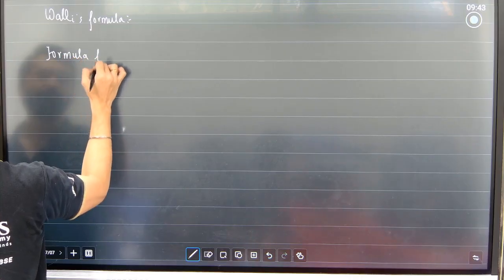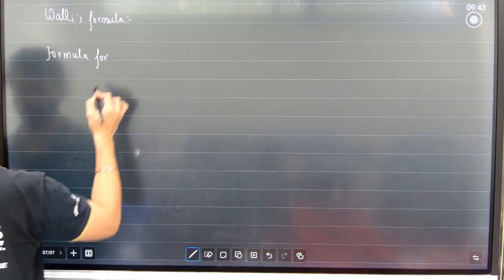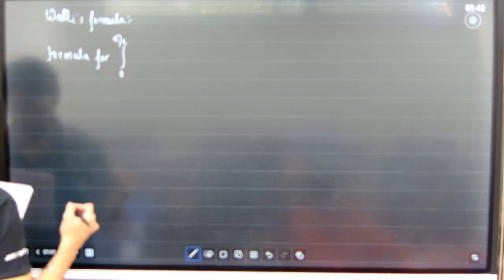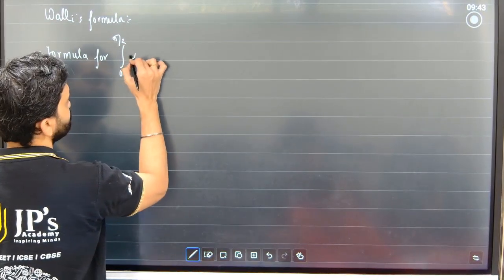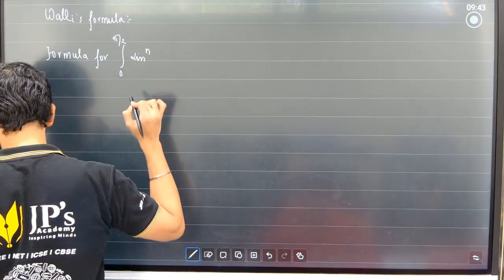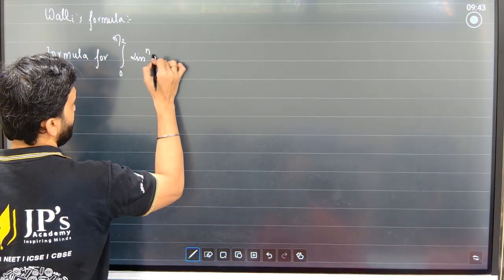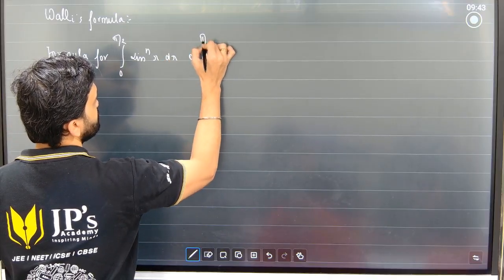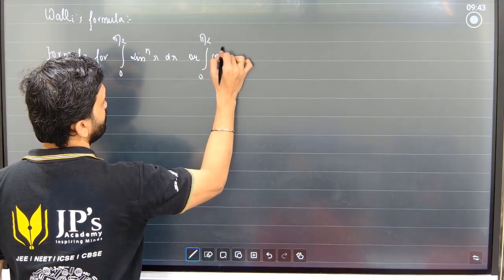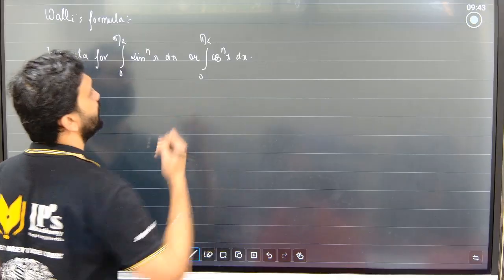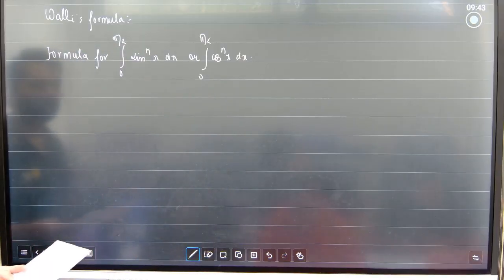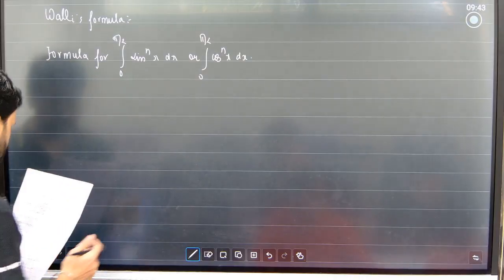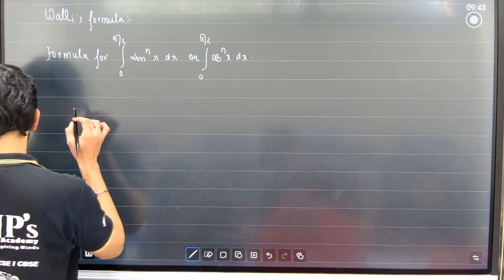Now this is the formula for integration 0 to pi by 2 of sine raised to n x dx, or integration 0 to pi by 2 of cos raised to n x dx. So the formula is this: